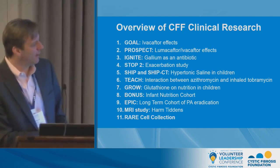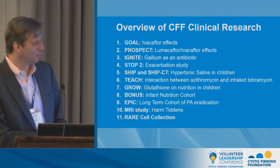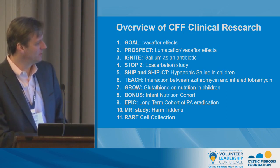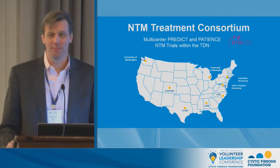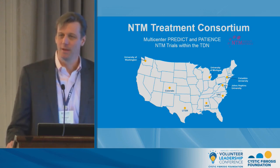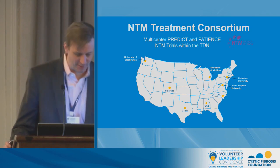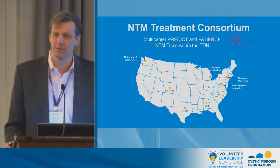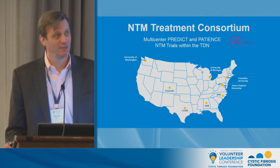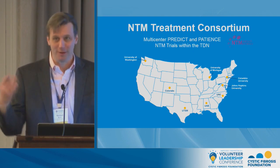We're also looking at glutathione, not for lungs, because it's questionable how much it works there, but for nutrition, as well as infant nutrition, and a couple of other ones which you can ask me about afterwards. Everybody's asking about NTM. Be aware of the NTM Consortium. This is a group of sites that we're funding specifically to focus on developing the best care practices, as well as the network to be able to do research for the new therapies that you heard about yesterday